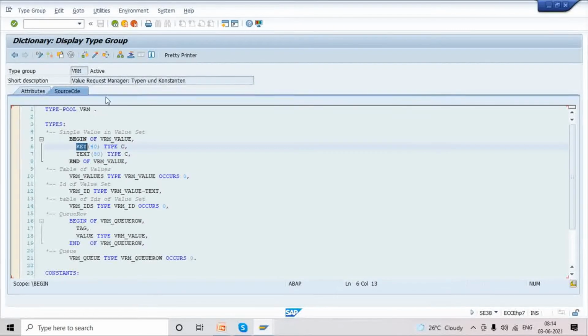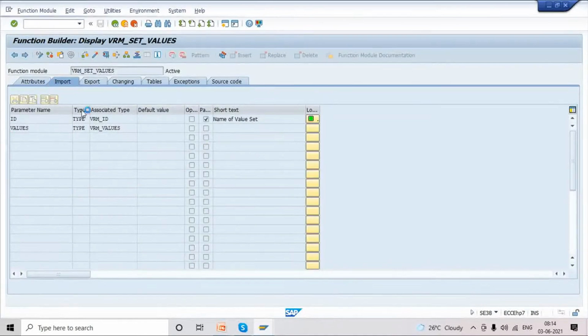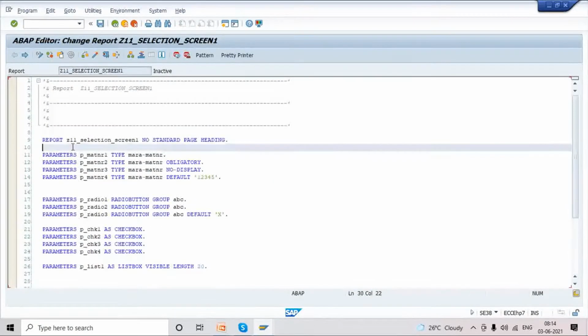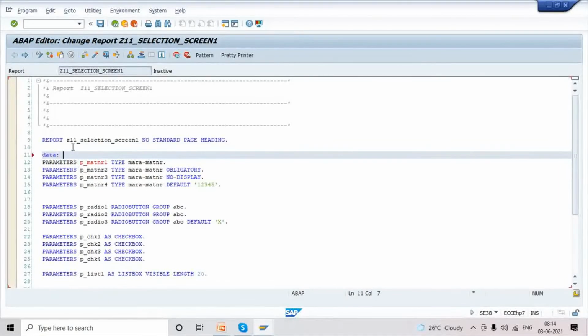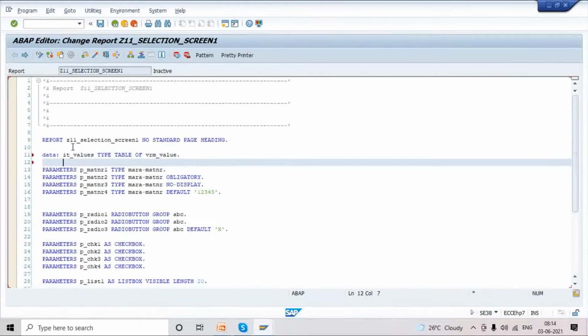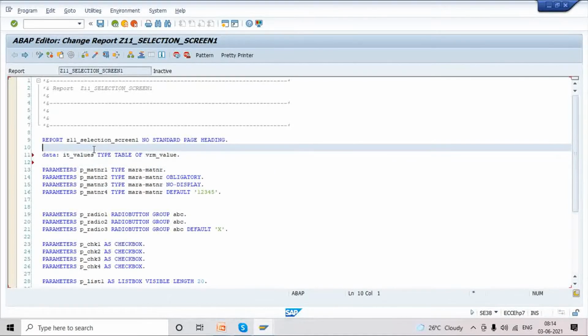With the reference of this structure, I'm creating an internal table in our program. Go to the top. IT underscore values type table of VRM values. This is the structure. We don't need to declare this structure in our program because SAP has already declared it.